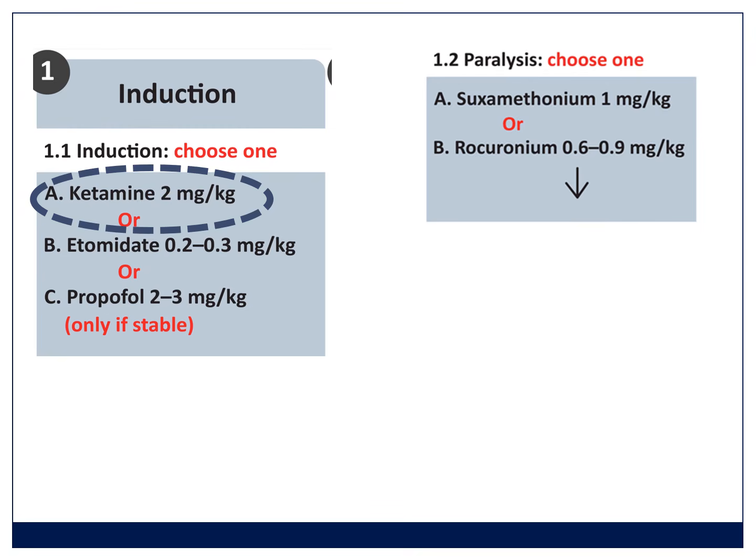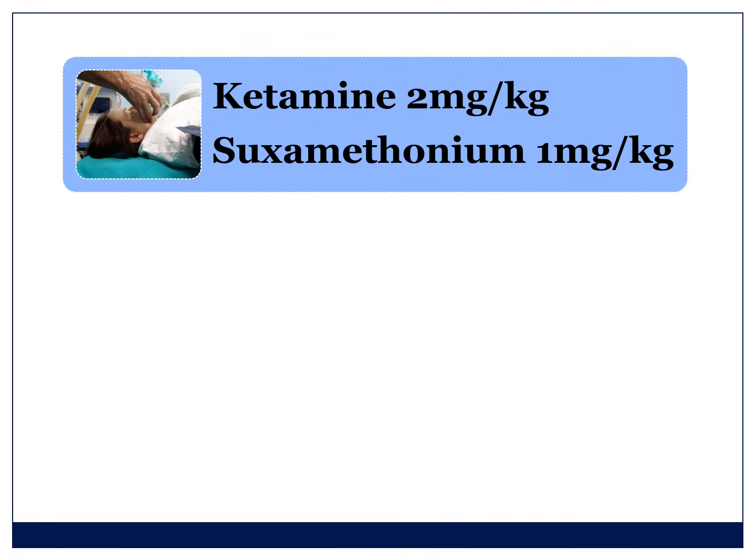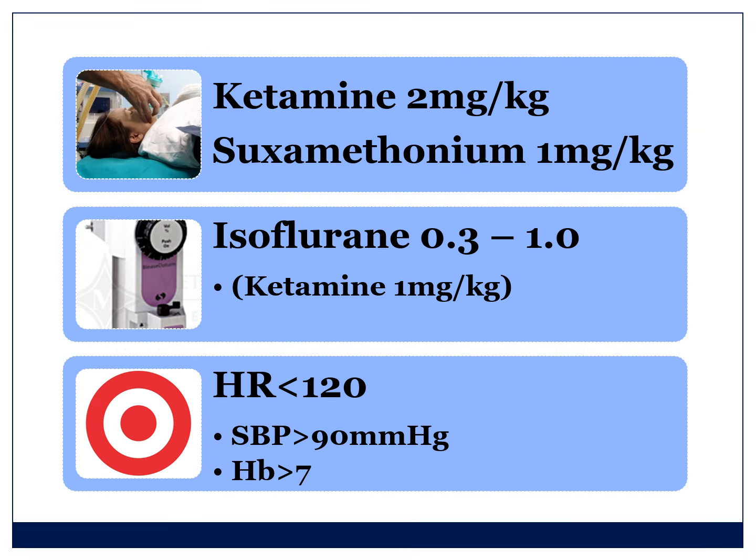You then pick something to paralyze the patient. If you're intubating, succinylcholine works for rapid sequences and for elective sequences, but you might choose rocuronium if the patient's got an empty stomach. And then in maintenance, I've chosen isoflurane in this example, but if you've got sevoflurane, it's absolutely fine as well. So that can look as simple as: give ketamine and succinylcholine, maintain with isoflurane, and then set your heart rate targets